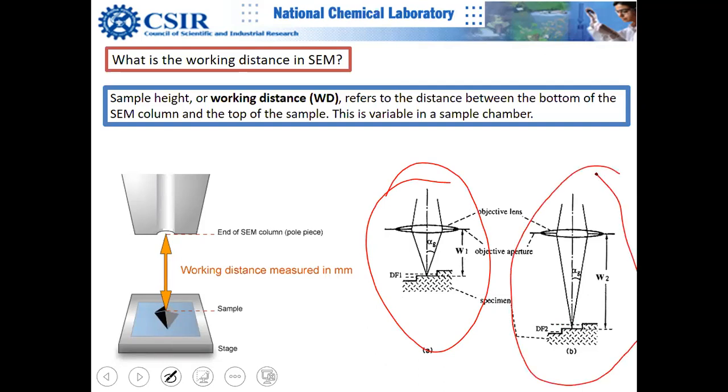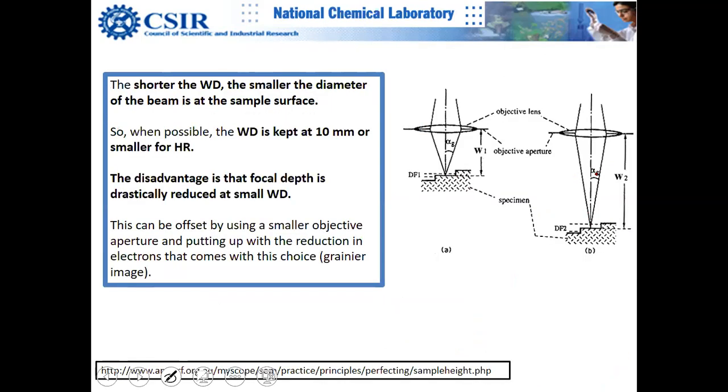So a larger working distance has the advantage that you can see foreground and background both, and a smaller working distance has the disadvantage that you are compromising on your depth of focus, but your images will be sharper. You are producing higher resolution. Here you are compromising on the resolution. Another advantage you have seen is that you can put more detectors when you are working at larger distances. So you have to see what features you are looking at.